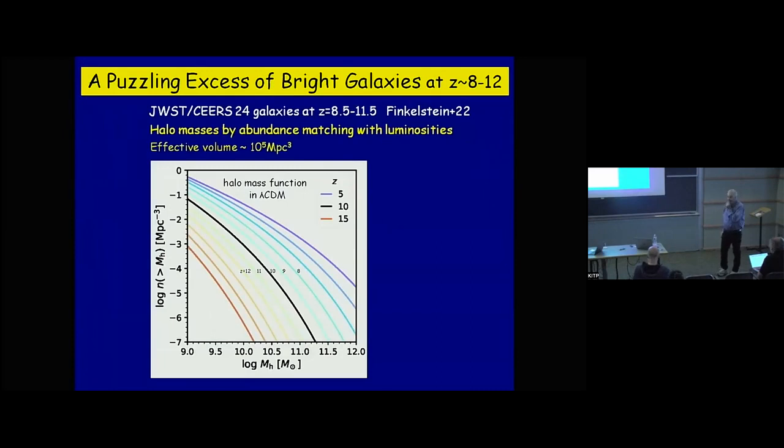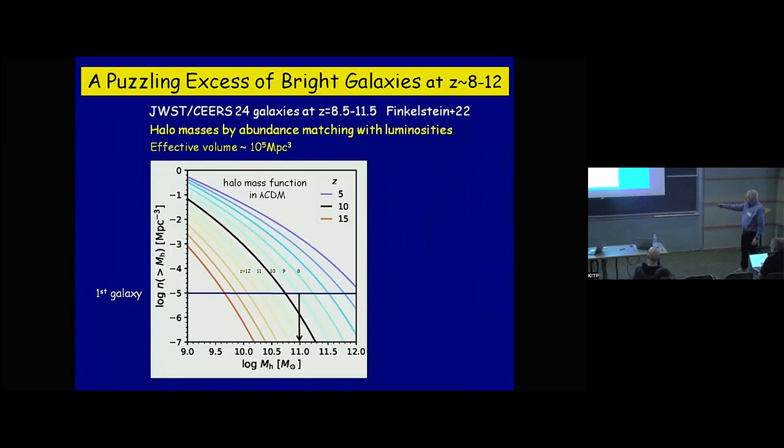So here's the kind of puzzle that comes up. You look at the halo mass function. Avishai is here, but he is one of the fathers of the halo mass function. The number of halos above a given halo mass for lambda CDM, as a function of halo mass, and for different redshifts. So focus on these redshift 9 or 10 galaxies. The key is that we have an estimate of the effective volume where this sample of galaxies is coming from, as a complete set for a given luminosity. So you can ask for the first galaxy, if this is the volume, then you expect it around here,